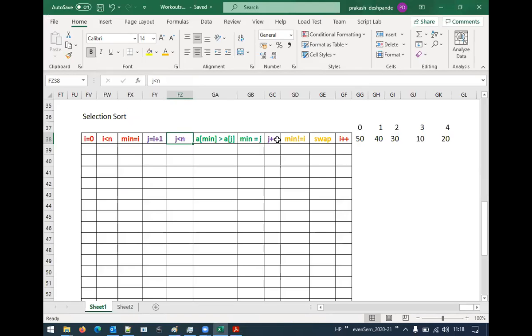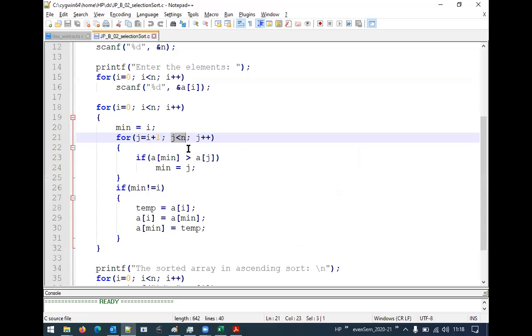So here after j plus plus, it goes to j less than n, then the condition is checked, and it is processed further. Now assume that this condition j less than n is false, right? If this condition is false, where will the control go to next? The if statement, this particular one, right? This statement is under the outer for loop, so this statement will be executed. Again here, if this is true, these statements are executed.